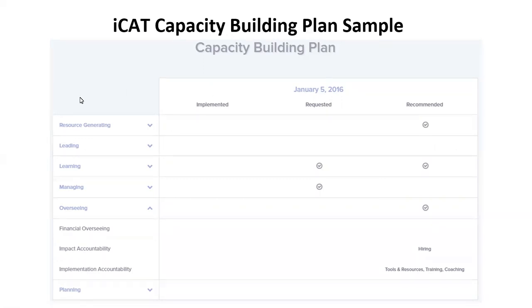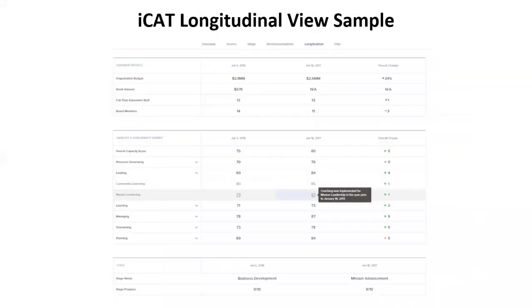And so if it's useful to you to use this as a living document to track what's been recommended, what you've maybe submitted a grant proposal for, have made another type of request for, and then what you've implemented. And then, should you choose to, again, as a Forefront member, you can take the iCAT up to once every 12 months as a member benefit.